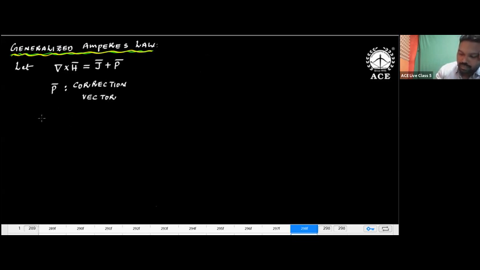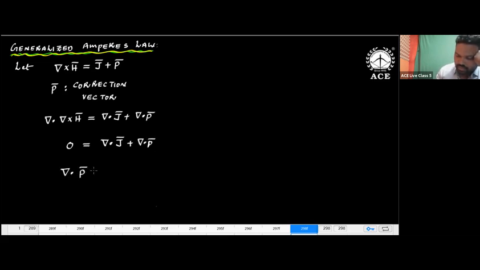Okay. Now what I'll do, I'll apply the divergence on both sides for this one. That means divergence of curl of H is equal to divergence of J plus divergence of P. So this is equal to 0 is equal to divergence of J plus divergence of P. So from here, divergence of P is equal to minus of divergence of J. From continuity,